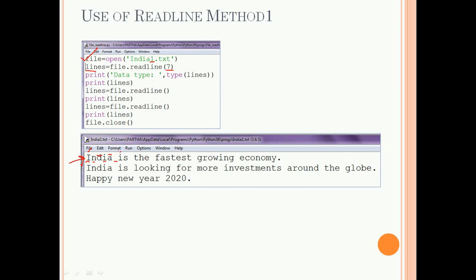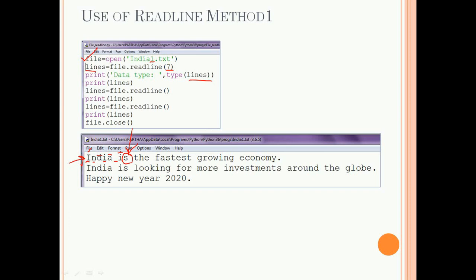I is the seventh character. So it will fetch India space I. After fetching this content, the file pointer will point to this position.